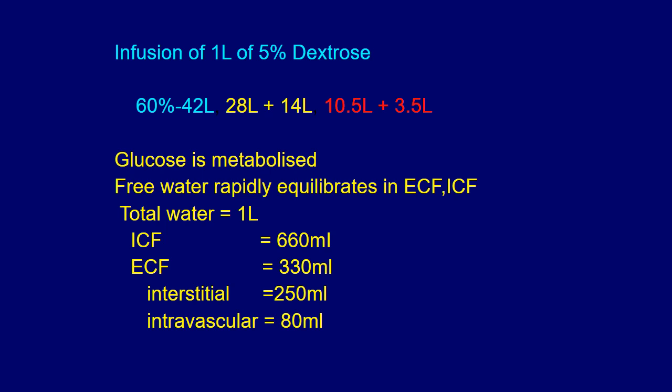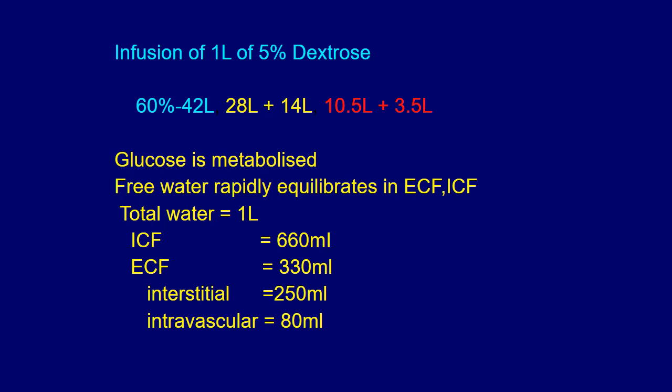Since density of water is 1, 42 kilograms of water is equal to 42 liters of water also. Out of that 42 liters, we learned that two-thirds or 66% will be inside cells, which is about 28 liters, and 14 liters will be outside cells in extracellular fluid. And out of that also, about 75% is in the interstitial compartment, which finally is about 10.5 liters, and there's about 3.5 liters of water in the